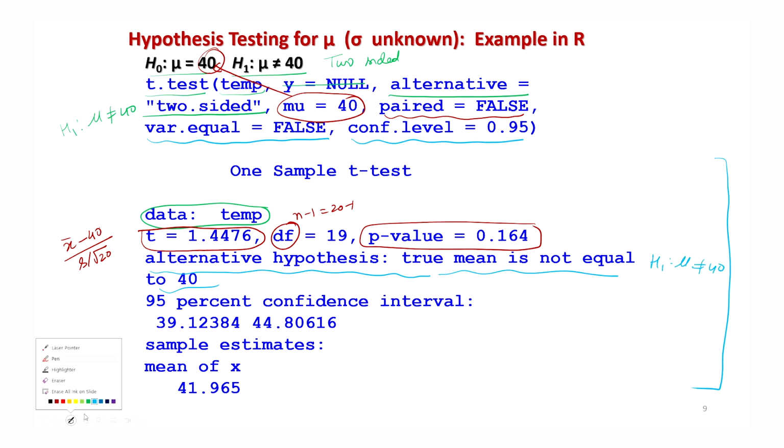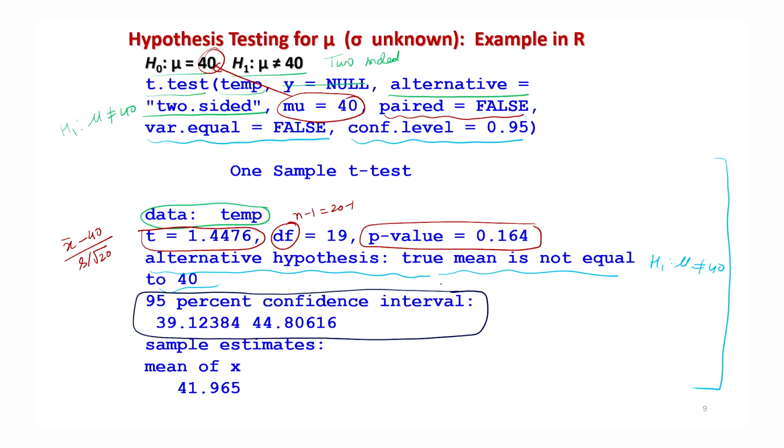After this, it is giving you the 95% confidence interval. If you remember, in the last lecture I told you that when we use the package and the command gauss.test, it gave us only the result of the test of hypothesis, and the confidence interval was constructed separately. But I told you that this will not happen in the case of the t-test, that is, when sigma square is unknown. You can see that in the same outcome, the 95% confidence interval is also given.